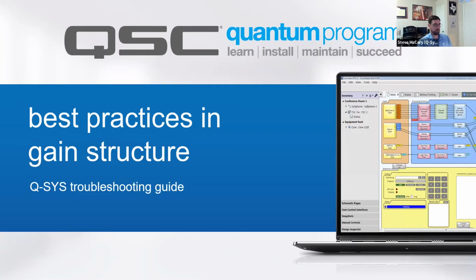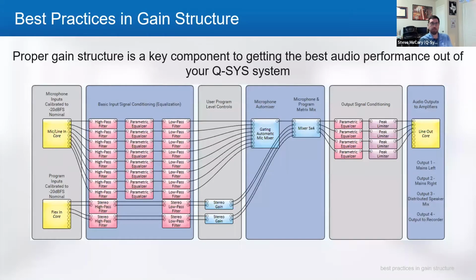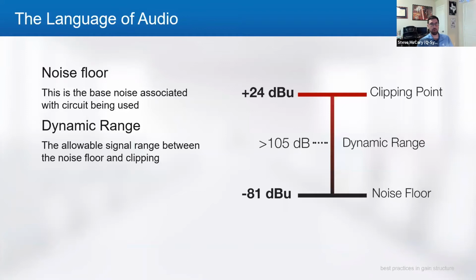So proper gain structure is the key component to getting the best audio performance out of your Q-SYS system. I don't know that I can say that enough times. We get a lot of calls from people that are having trouble, especially when you start trying to do conference rooms and far end and AEC and things like that, that they just are not happy with the way it sounds. They don't like it. And 9 times out of 10, we can track that back to some sort of a gain structure issue. So let's talk a little bit about gain structure, about the language of audio, and some of the terms we're going to use as we go through some of these